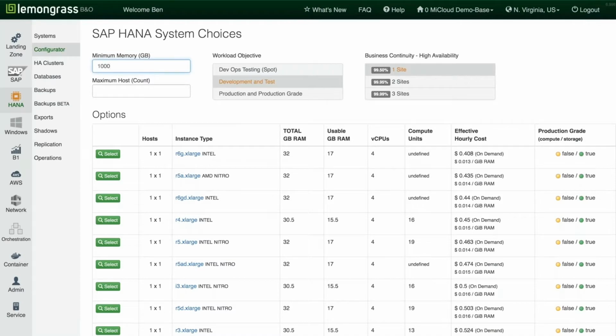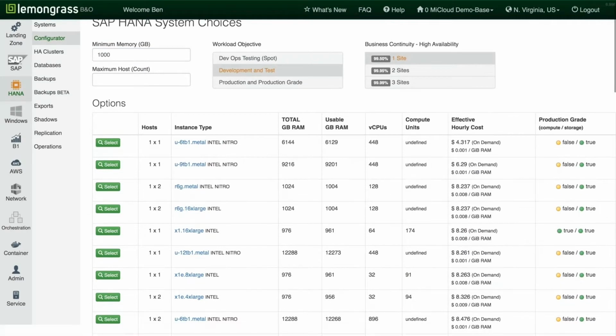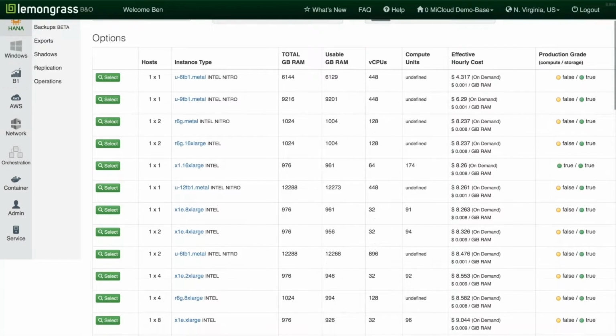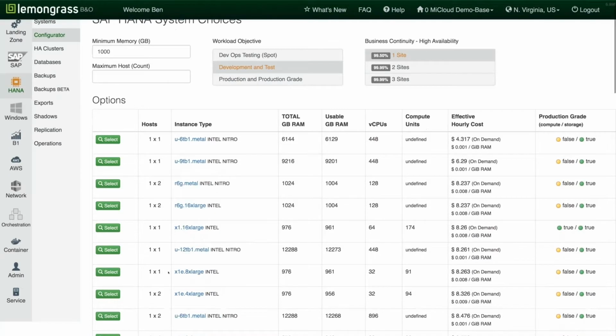So for example, if I want to look at a terabyte box here, the system has now sorted all the different ways that I can achieve a terabyte within Amazon right now. And I'm running this from Virginia, from a demo system. And you can see everything from huge, great dedicated bare metal systems down to smaller clusters of smaller machines further